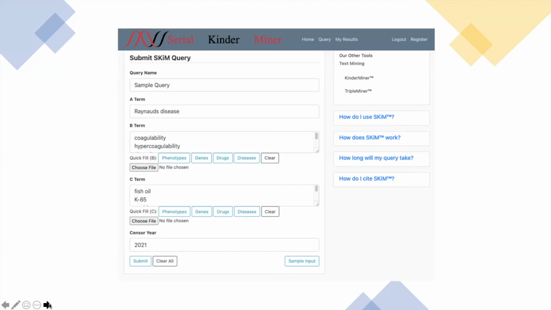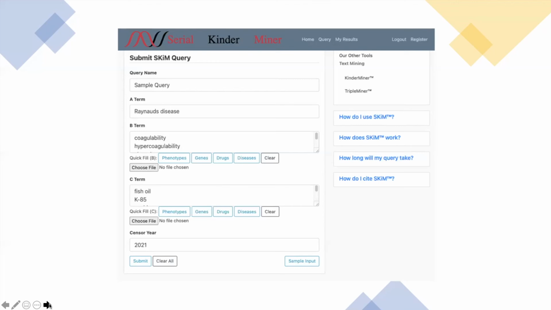Also, the user can pick the predefined list of B terms and C terms through the quick fill. So as you see here, in the quick fill, we are giving phenotypes, list of genes, drugs, then list of diseases. And there is one more field called sensor year. So this allows Skim to look for articles published until certain year. By default, it is going to be the current year.